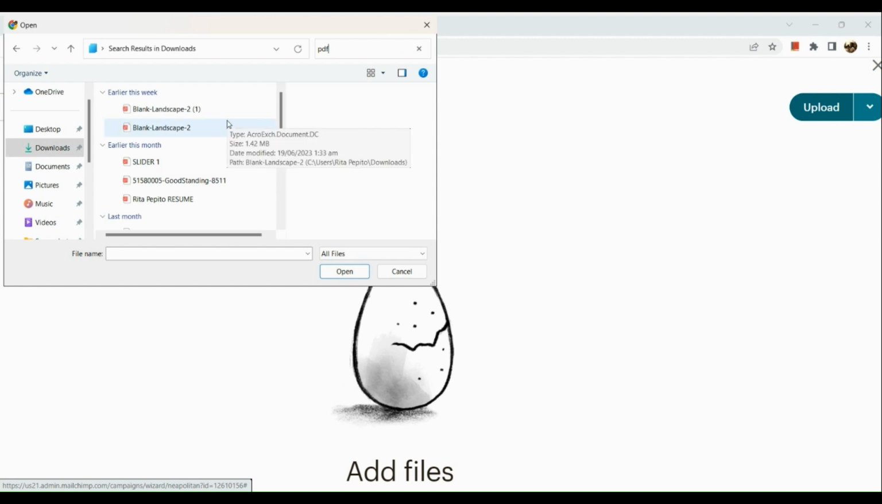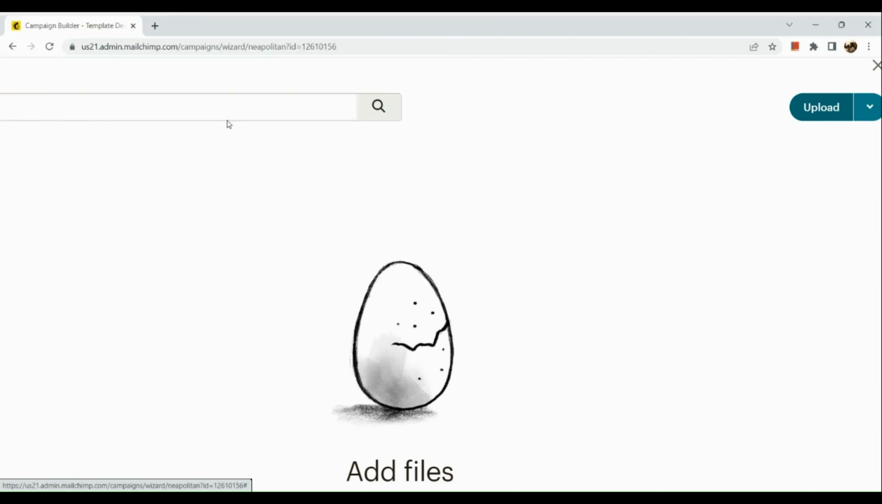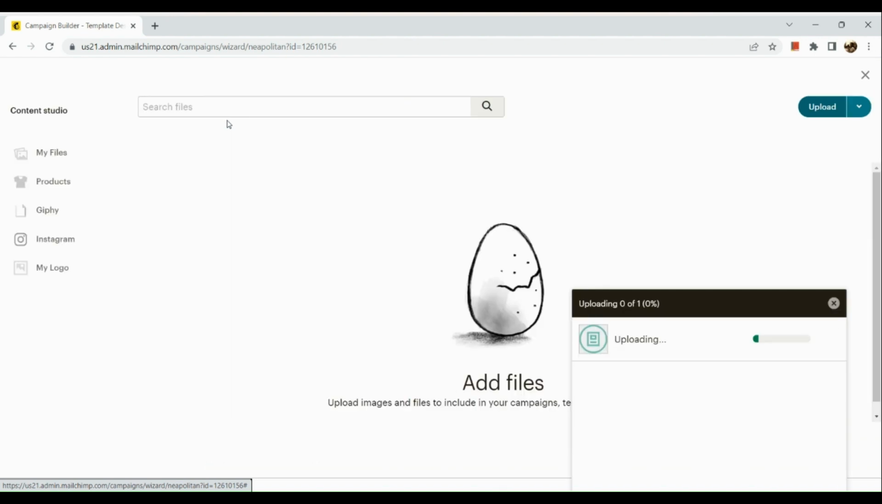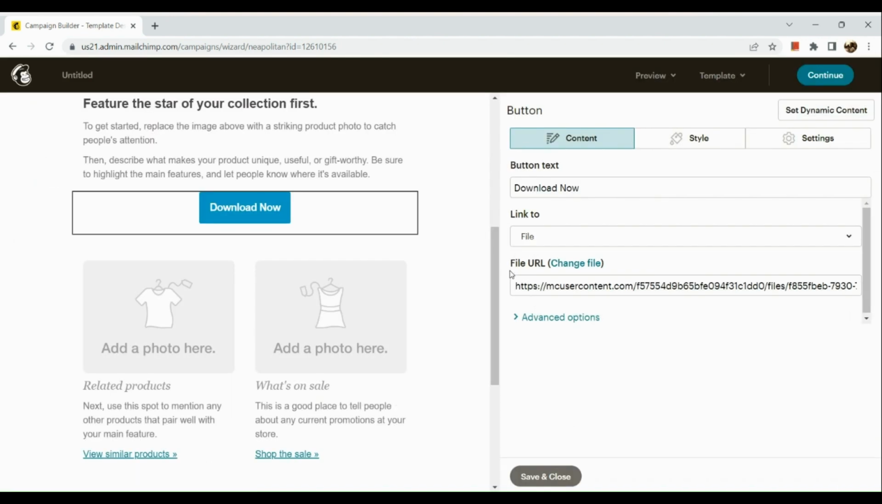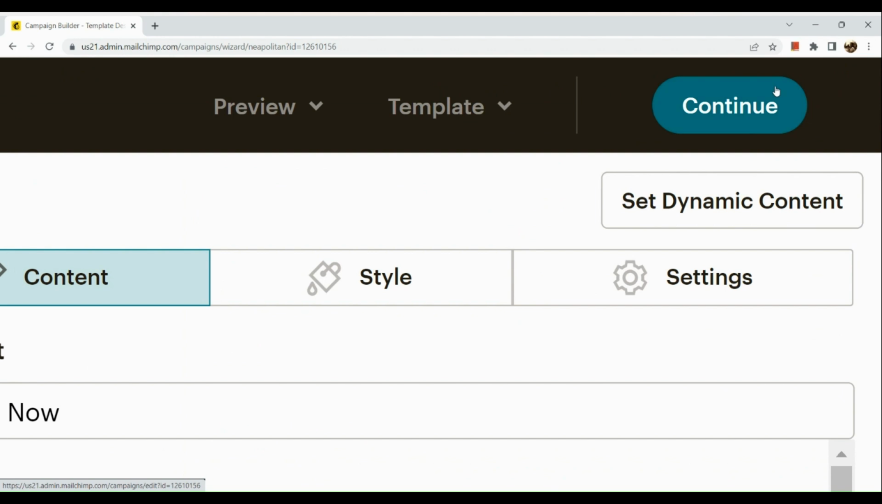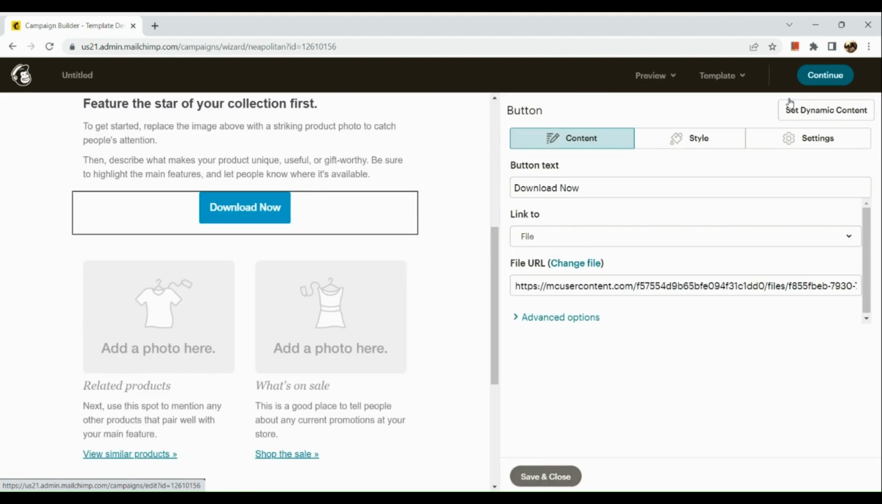So there, say for example, we're gonna have this PDF, and now you just need for it to be uploaded. As you can see, we have our file URL by then. Now click on continue and save everything. And basically that's how you upload a PDF in